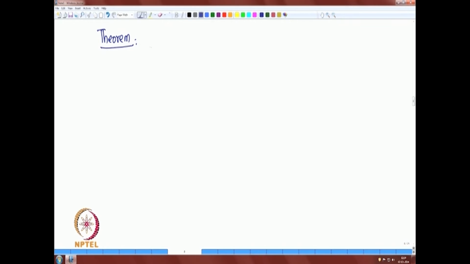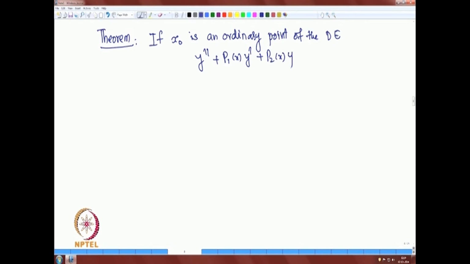Theorem says: if x0 is an ordinary point of the differential equation y double prime plus p1(x) y prime plus p2(x) y is equal to 0,